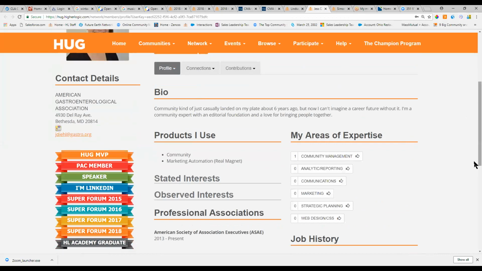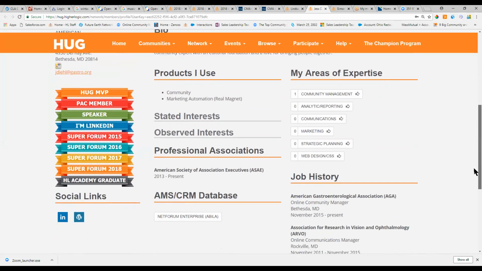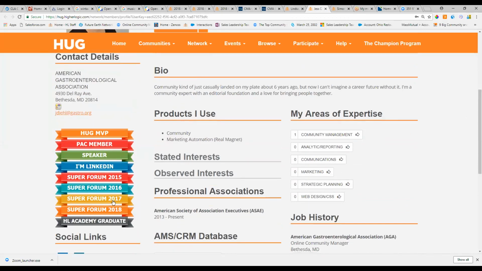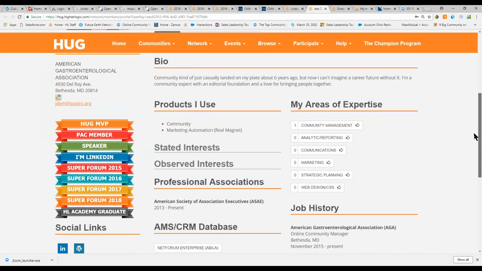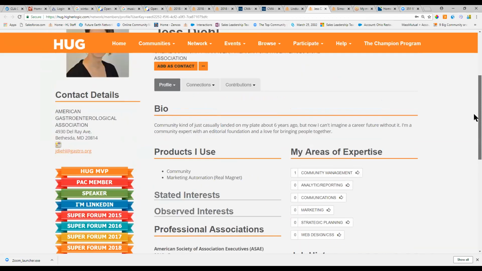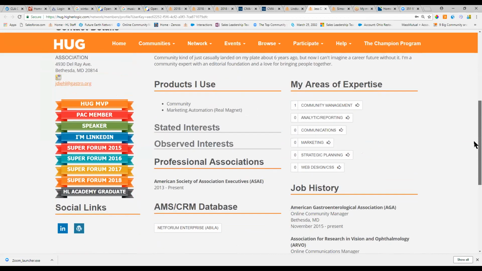And it's a great way to continue to reward your members for the behaviors that they take. And same thing with Superforum that we have coming up. Once someone registers, they automatically get this ribbon on their profile. And I would recommend the same for you as well. It's a great way to gamify and encourage your members to continue to attend. I've got to believe that Jess here, a client of ours, is going to attend next year because she does. Maybe one reason is she wants to continue getting her badge or ribbon for 2019 as well. So it's going to increase our event registration.